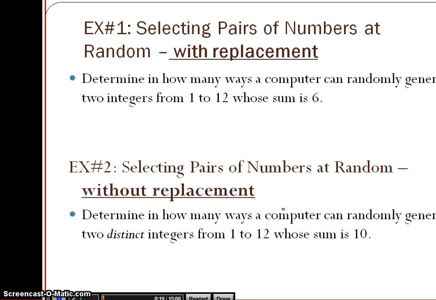We're going to determine how many ways a computer can randomly generate two integers from 1 through 12 whose sum is 6. So we have the first number and the second number being picked. Okay, so we want the sum to be 6. So of course the numbers can't be bigger than 6. So the first number can be 1. Well, if the first number is 1, then the second number has to be 5 if we want the sum to be 6. The second number can be 2, which means the first number can be 2 and the second one being 4,